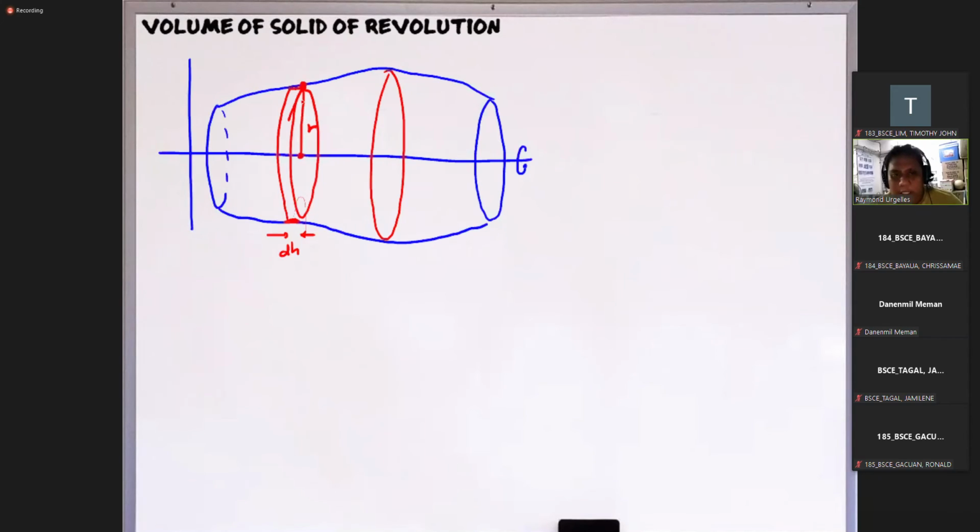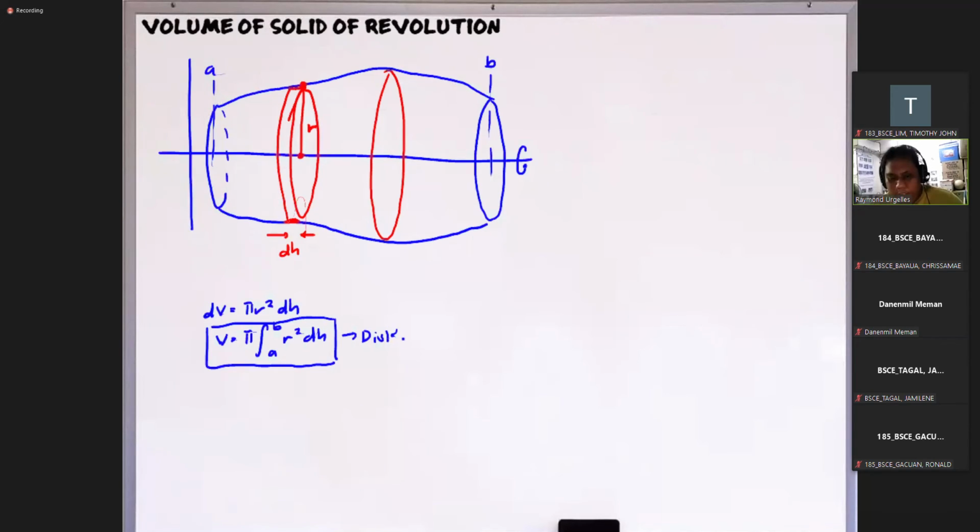Okay? Nakuha ba? Kaya madali na natin masasolve yan pag meron tayong figure. So ibig sabihin, the differential volume of the disk, again, is simply pi r squared times the height. Ang height natin dito ay dh. Kaya to solve for the whole volume, i-integrate lang natin yan. So we have pi integral ng r squared dh. Ito yung magiging limits of integration natin. Let's say this is a or b. Again, it can be in the x or y axis, kaya depende pa yan sa problem natin. Okay ba? So ito yung tinatawag natin na disk method.